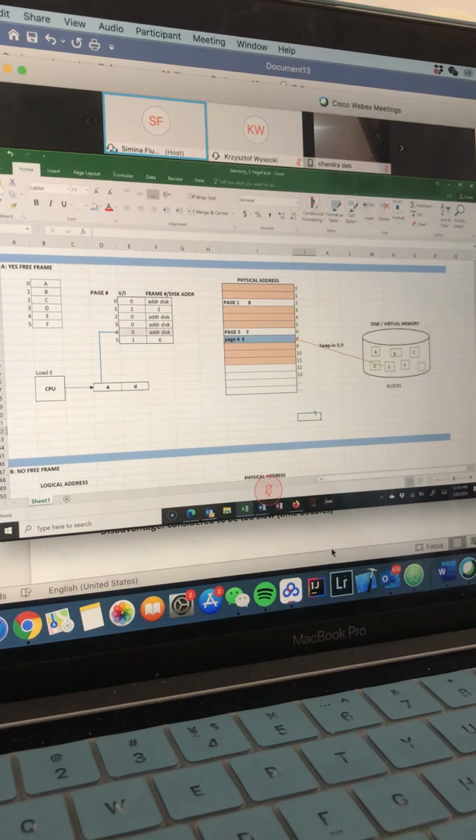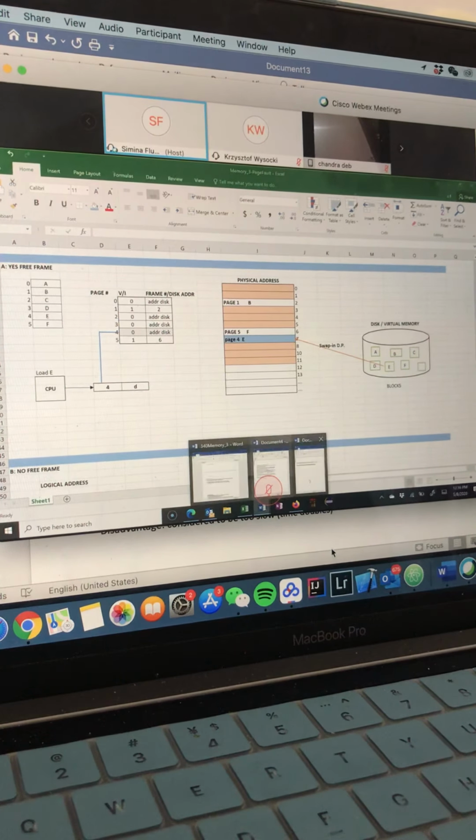Okay. So what is the next step? Well, the next step is to update the page table accordingly to the fact that we brought the page in the main memory. What we're gonna update is the entry 4.